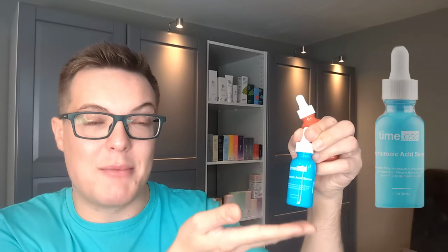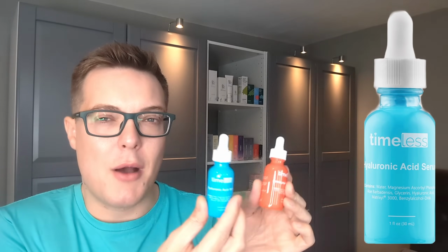So on a morning, I'll go in with this. This is the Timeless Coenzyme Q10 serum. And then in an evening, I'll swap out my matrixyl for this, which is the Timeless Hyaluronic Acid serum. So these two products both contain matrixyl in a really good concentration, so you're not missing out on that key peptide, which is going to over time boost collagen and elastin and work in combination with that argireline I'm going